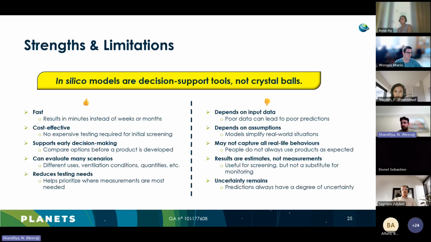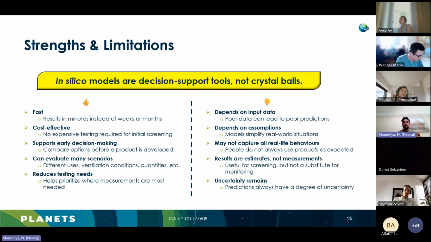Finally, strengths and limitations. I don't want to spend much time on it because this is not unique to them. They're quite fast and very cost effective. The good part is that they support early decision making, so we don't have to delve into high-cost sensors and lengthy measurement processes. We can use these computational methodologies to quickly, with certain uncertainty, determine the exposure concentrations and make our decisions right away. However, on the other side,